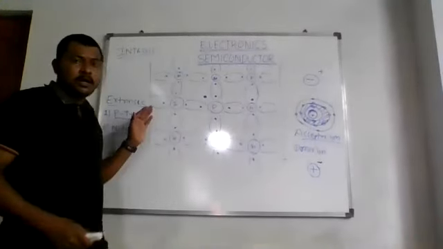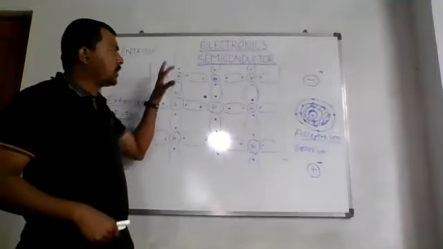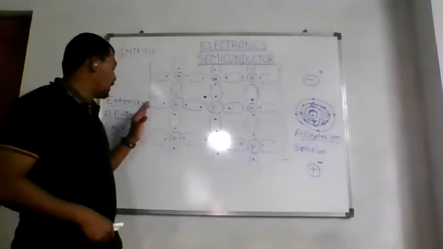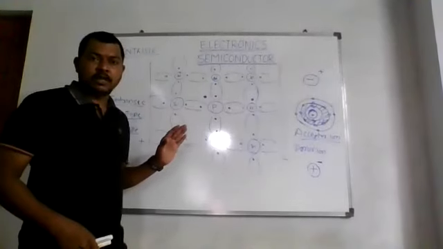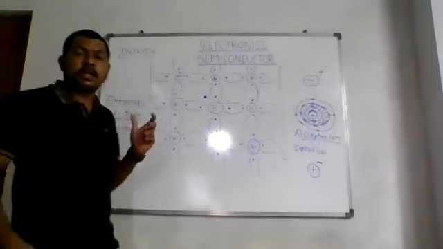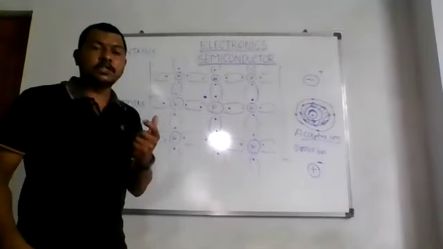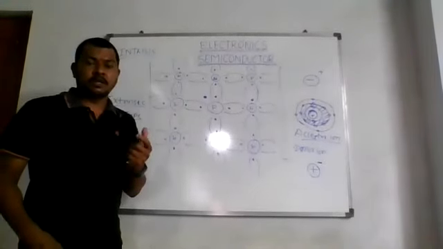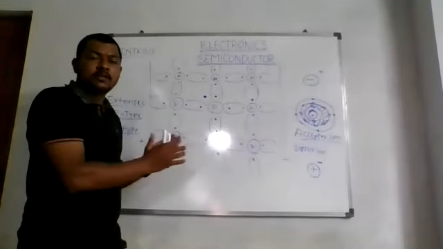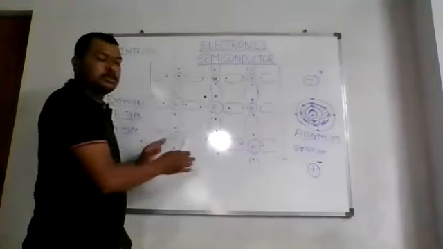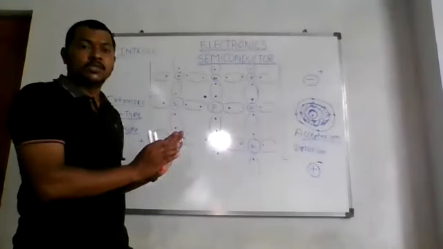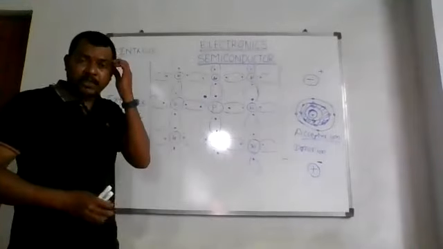Today and yesterday also, we have studied the composition of the pure intrinsic semiconductor as well as the extrinsic semiconductor. An intrinsic semiconductor is a semiconductor in its pure form, right? It means that if you are taking a crystal of silicon, then the whole crystal should have only silicon atoms in which it is made, right?